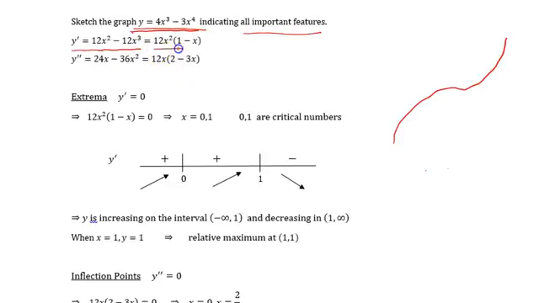Now I factored it here because we're going to use it later. Then we find the second derivative, and the derivative of 12x squared is 24x, and the derivative of negative 12x cubed is minus 36x squared. Again, taking out a common factor here. Okay, so once we do that, we can go in and actually find important features and find the important points